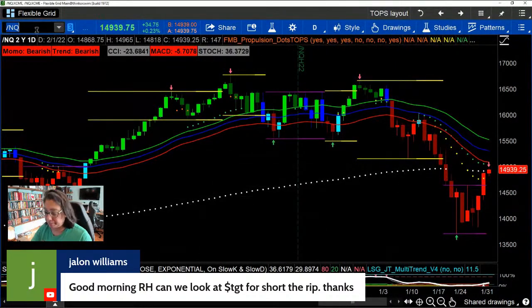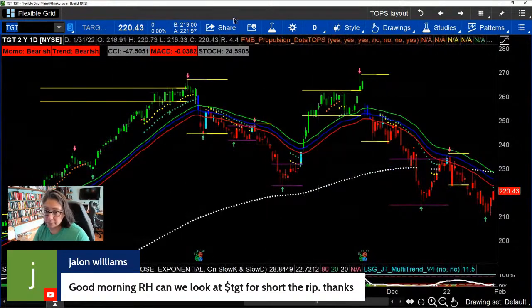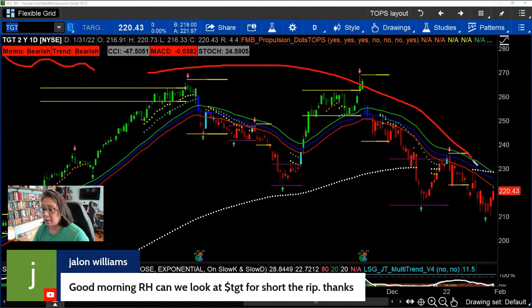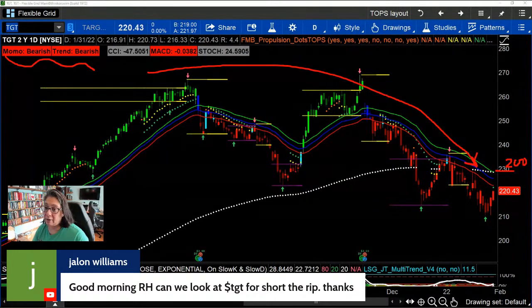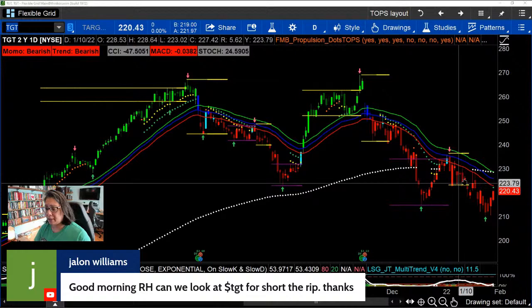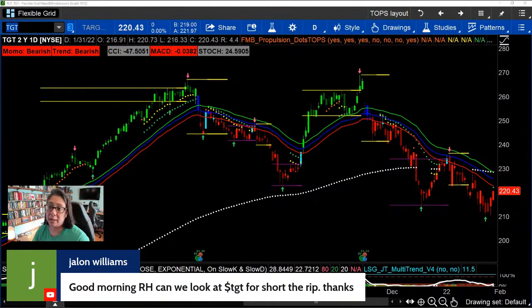All right, what about Target? Sure. So if I take a look at Target here, is this a short the rip? Well, structure dictates strategy. Strategy is also then confirmed by the resistance here of the 200. We're south of the 200, south of that equator. There's a very different opinion, gang, when we're able to stay above that 200 as opposed to when we've broken below it. And so, yes, this is short the rip. Absolutely. And the wave is my preference, but look at the Darvis, look at the 200, and it's going to be a zone. So we can scale in as we trade up into that zone.